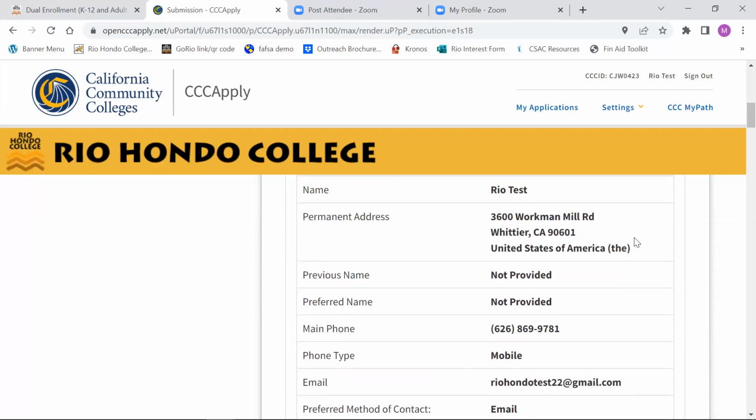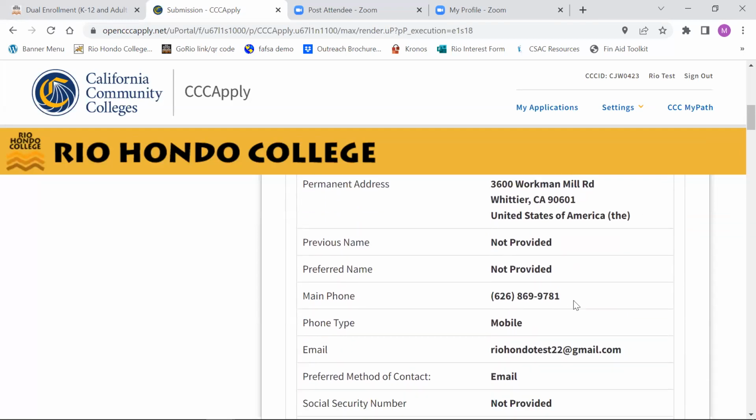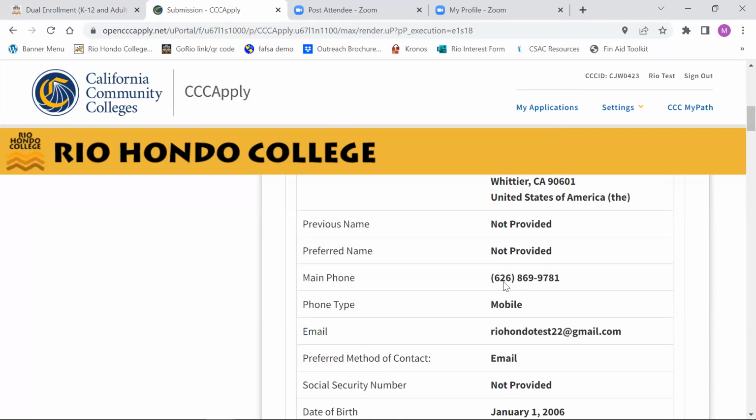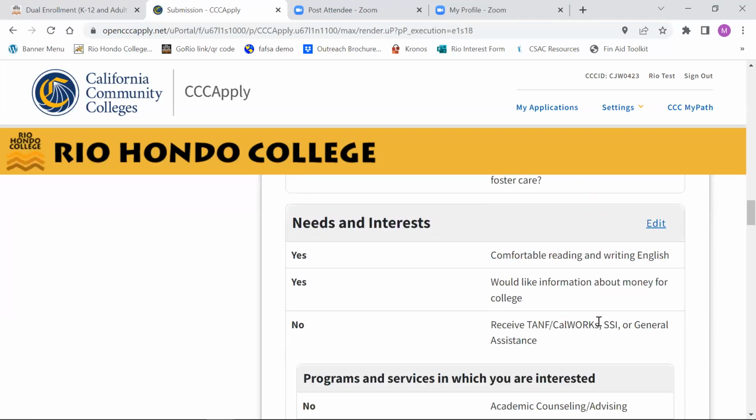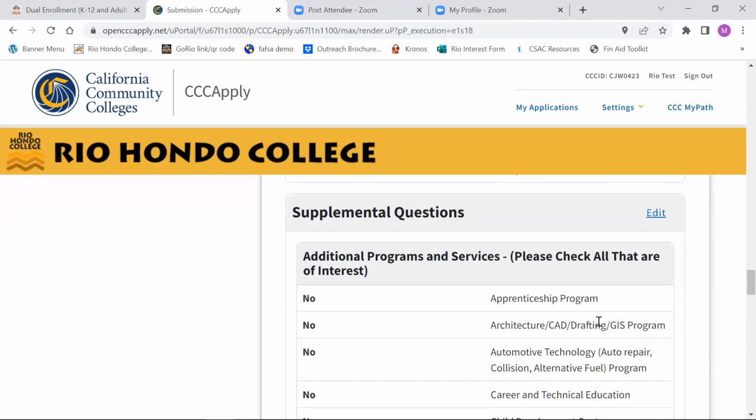It's also really important that whatever email or number you enter, you have access to that email or number, because once we complete the application, Rio Hondo will send you follow-up emails. So make sure it's one that you have access to. So you could review it, make sure everything looks good. If everything looks good, you can